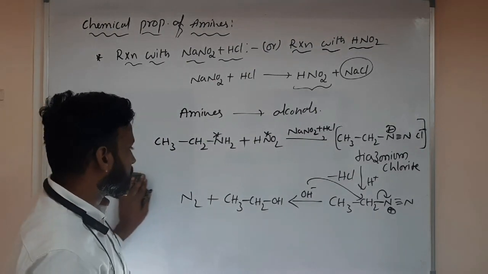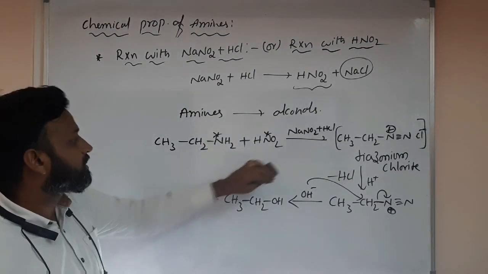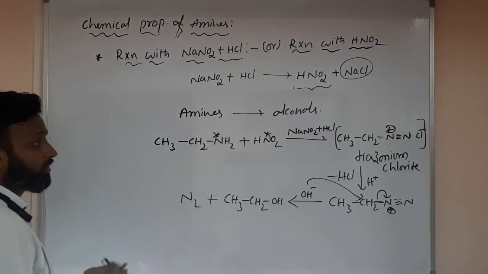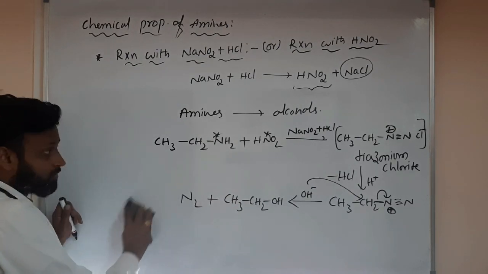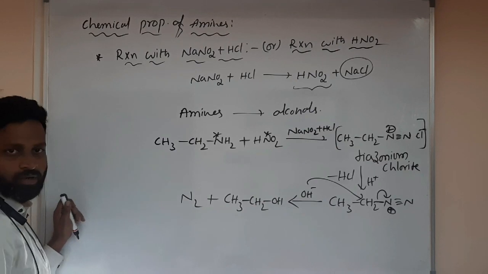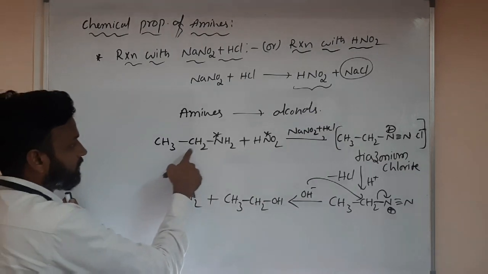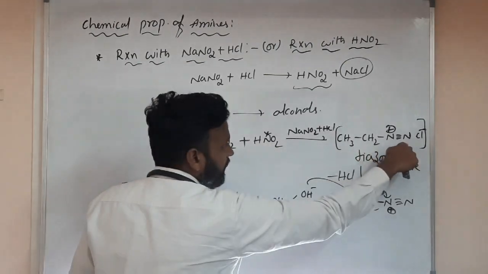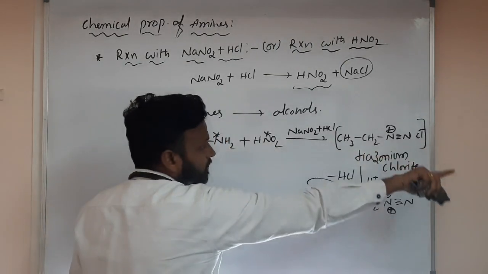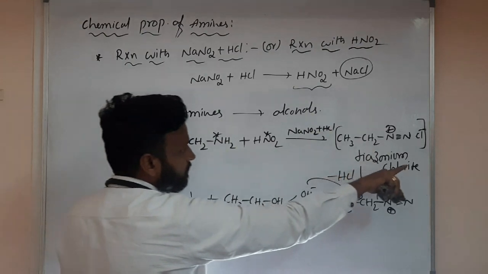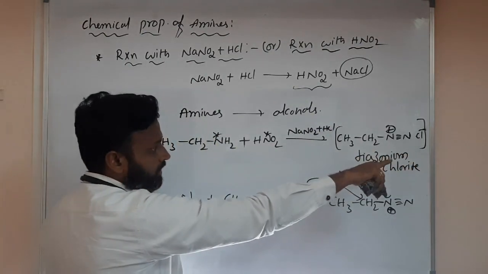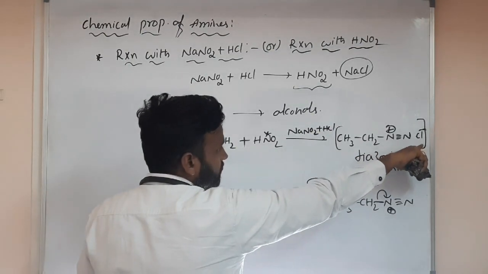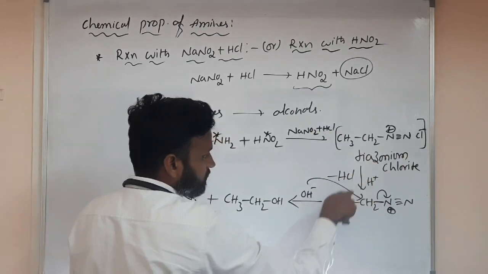Understood sir? So like this it happens. When you take ethylamine, this kind of thing happens. If you take propylamine, what happens? Please note this one first of all. Understood what happened? Ethylamine gives the diazonium salt, this nitrogen and this nitrogen combine, with triple bond N plus and Cl minus, like OH minus is removed. Understanding? OH minus removed, and that Cl minus will combine with H plus.